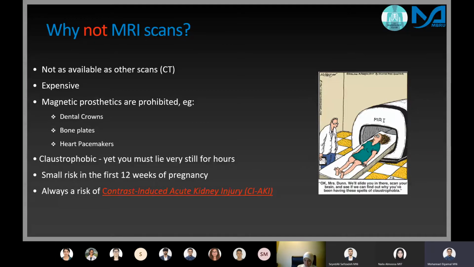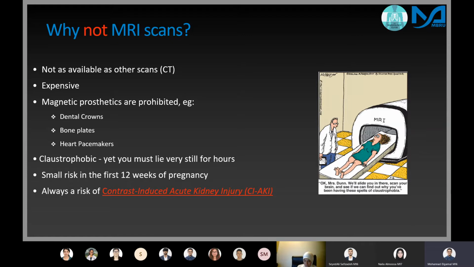So a CT scan is more of a giant donut, but an MRI is a tunnel, and you go all the way in, and it's very close to your face, and it can be very claustrophobic given the fact that you have to sit there for an average of 1 to 2, maybe even 3 hours. So yeah, that's the sort of downside of MRIs, is that they take a long time,